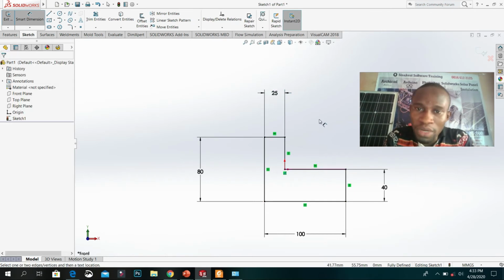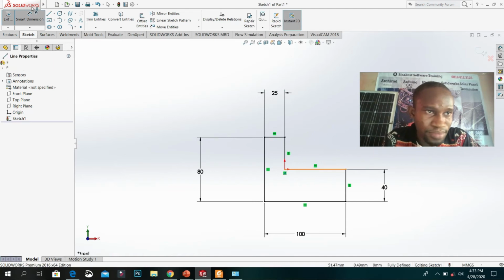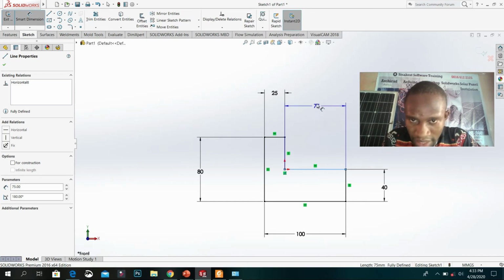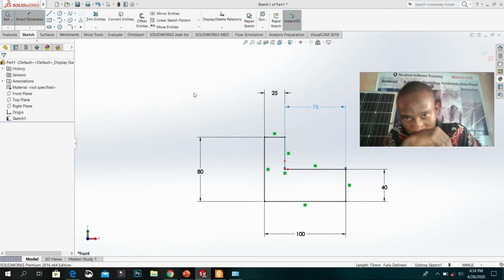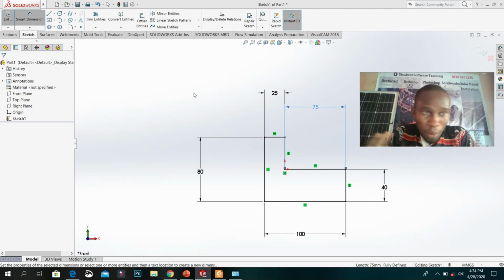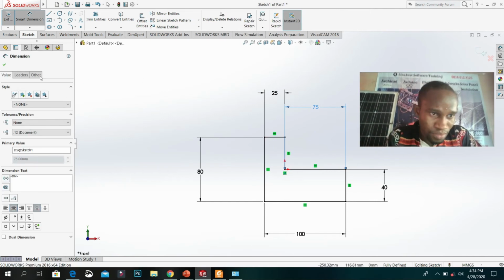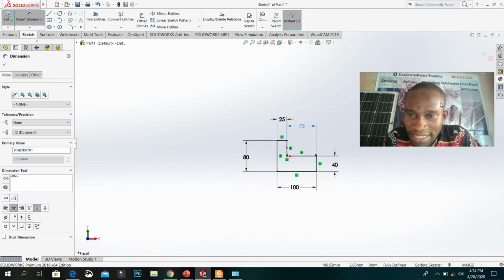Now, for that kind of case, we may decide to add some other dimensions that may not actually be needed. Now, look at it. Let me dimension this place. Now look at it, it's 75. Now we go to this place, and make this a driven dimension. What this helps us to solve is that these have helped us to get those dimensions that we actually